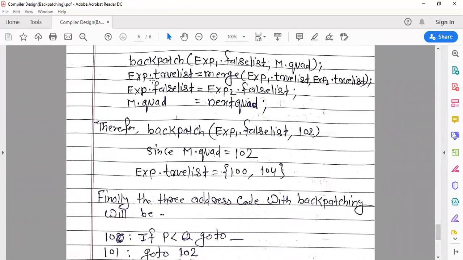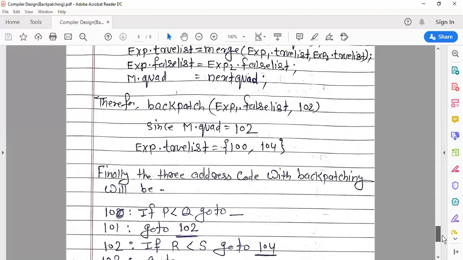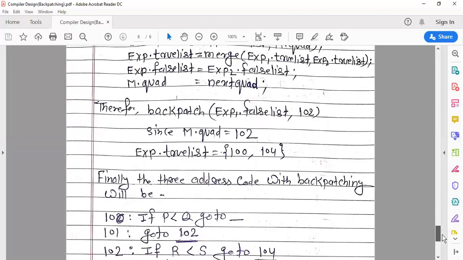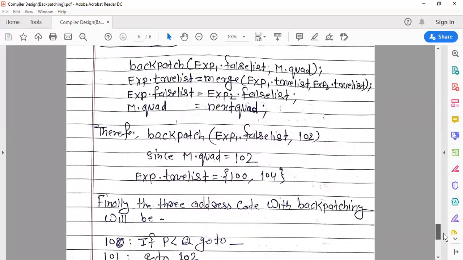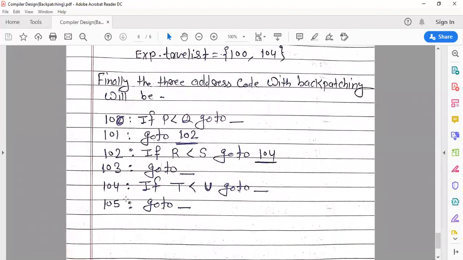The next semantic rule is exp.truelist is equal to merge(exp1.truelist, exp2.truelist). So exp1.truelist is 100, and exp2.truelist, you can see here, is 104.